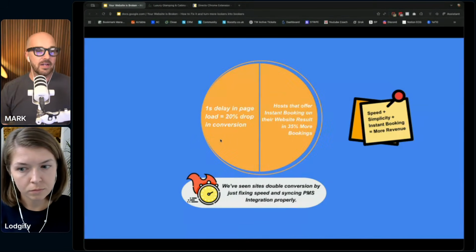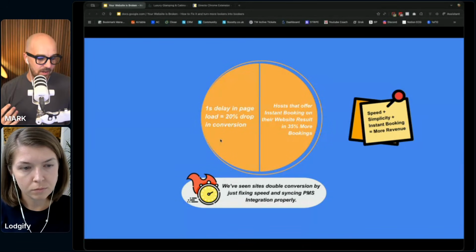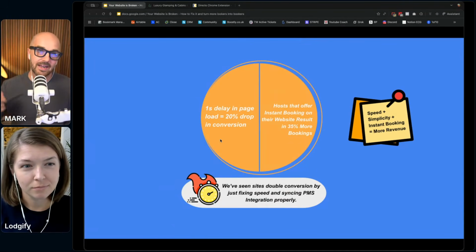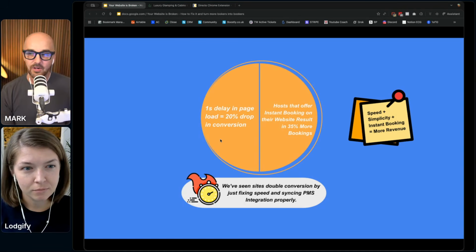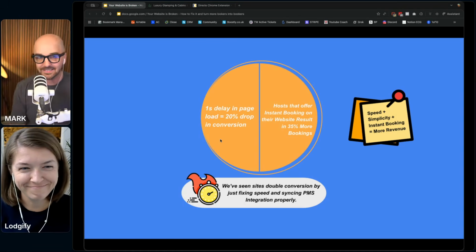In 2025, the human mind can only hold concentration for less than 4 seconds. It might be less than 3. So basically we've got less of an attention span now than a goldfish, which is pretty mental.